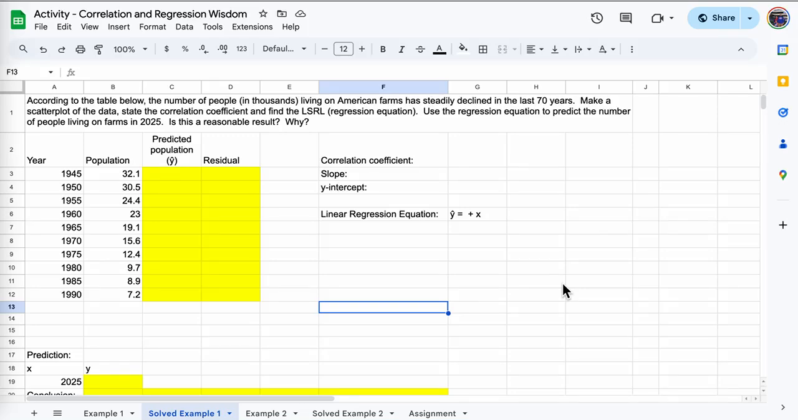All right, just an overview of the assignment or the activity, correlation and regression wisdom. The whole point behind this one is, when you have a regression equation or a correlation coefficient, to get an idea of what that's telling you about the relationship between the two variables. So between correlation coefficient, slope, y-intercept, basically all the stuff that we've done, plus what we're going to